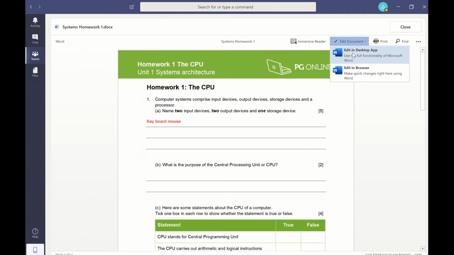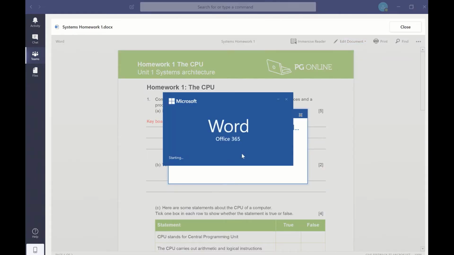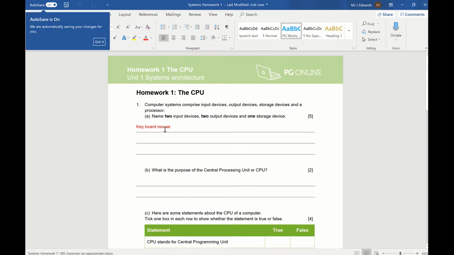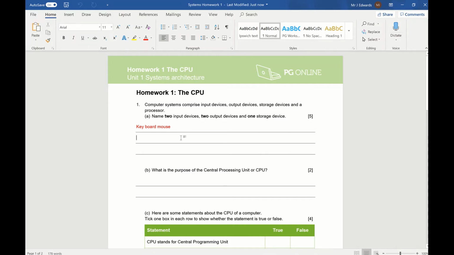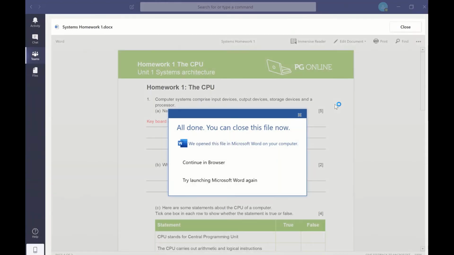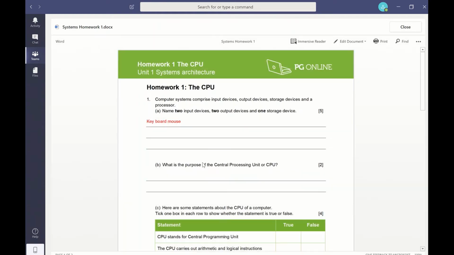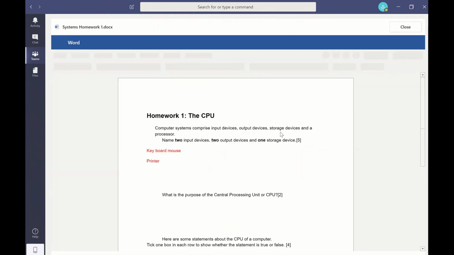So if I just do it in the desktop app, it'll open up in the desktop app, and we've got it here. So if I put in here, I want to add another one, so let's do an output. So we'll have a printer, and I don't have to save it, it saves automatically. I just press X, and I can continue in browser, and as you can see, it's come up there. So if I wanted to close this,